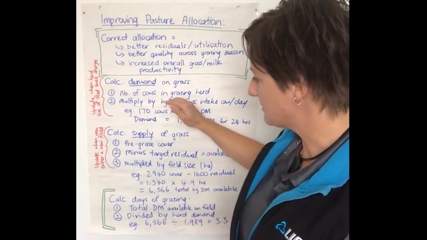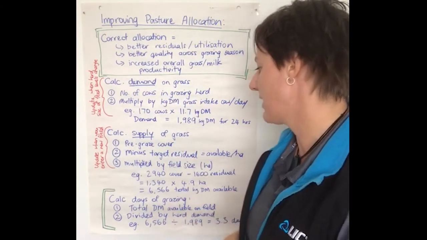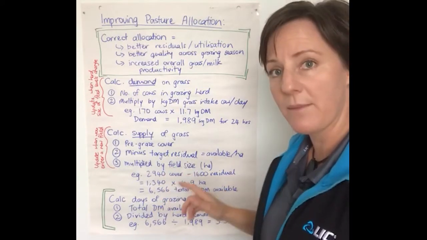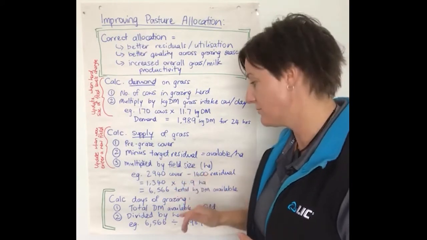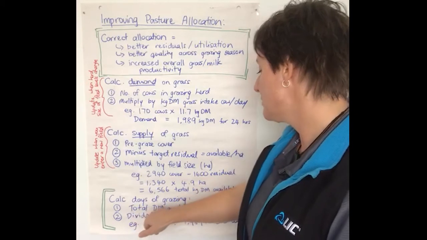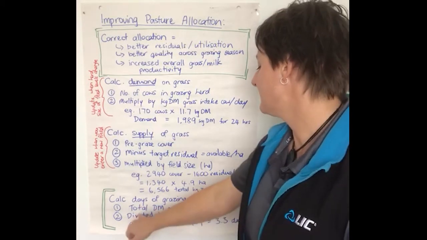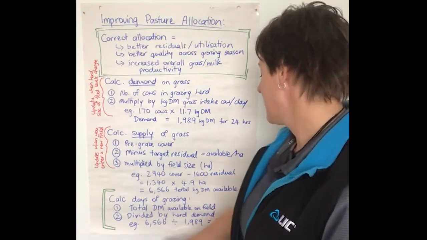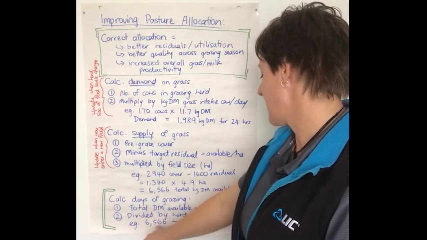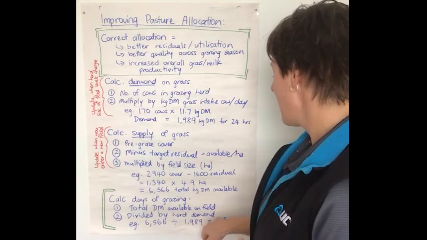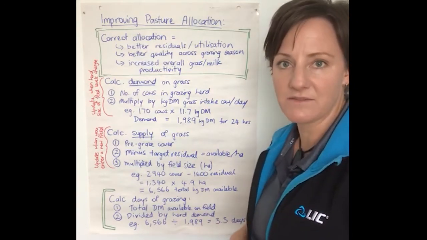Once you've worked out your demand and your supply, then you can look at calculating quite accurately how many days of grazing should be on that field. So using your total supply of dry matter available on the field and dividing that by your herd demand, so in this example 6.5 tonnes divided by just under 2 tonnes, means that there's 3.3 days of grazing on this